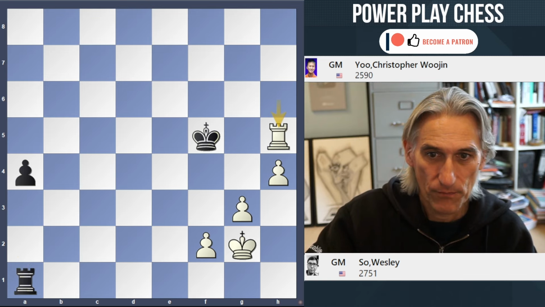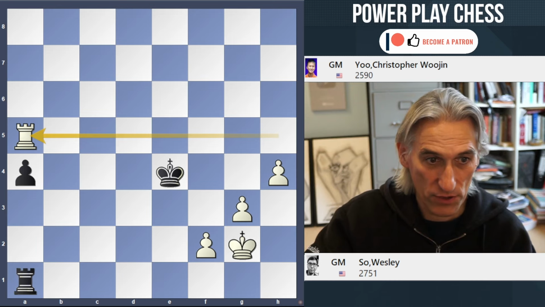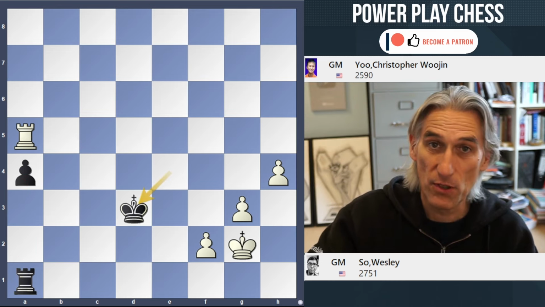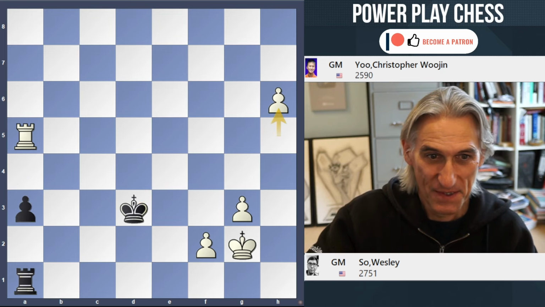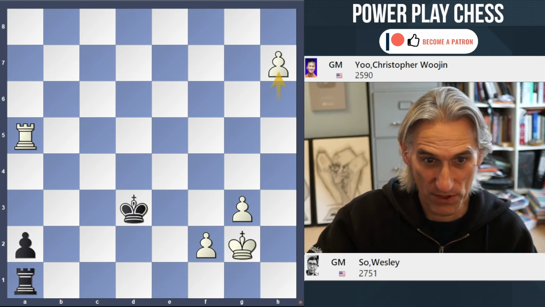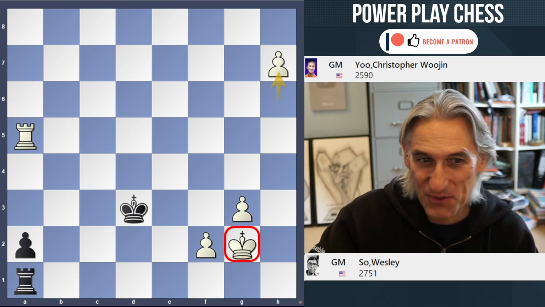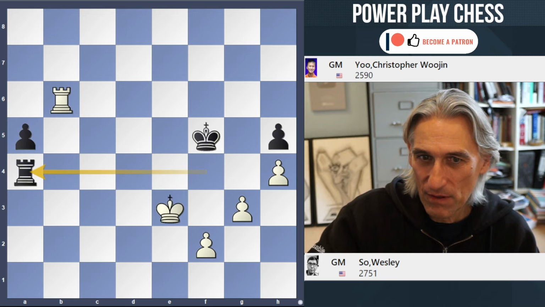Take that pawn, and then you put the rook behind the a-pawn, so this isn't really going anywhere. The king might come over to help, but now it's really easy. Just push, and Black can do absolutely nothing here. It's actually terribly simple. And in fact, you don't even need the king to win the game. It's really extraordinary. So yeah, absolutely